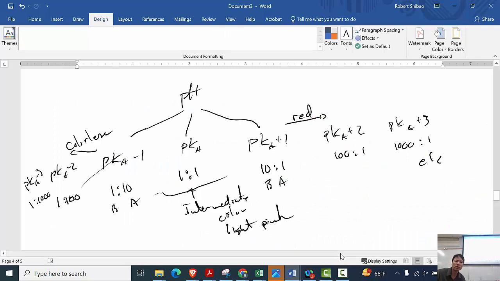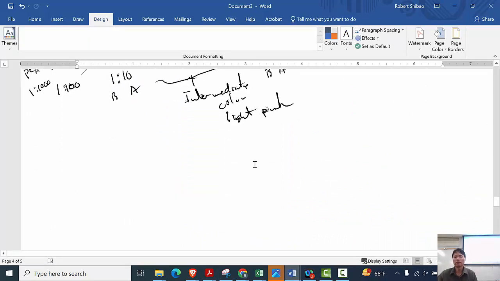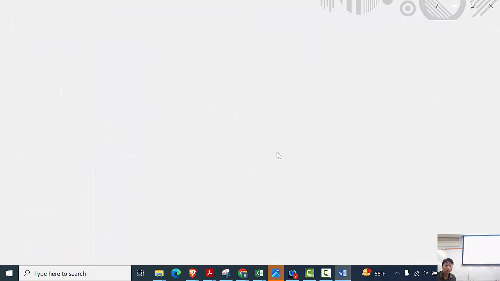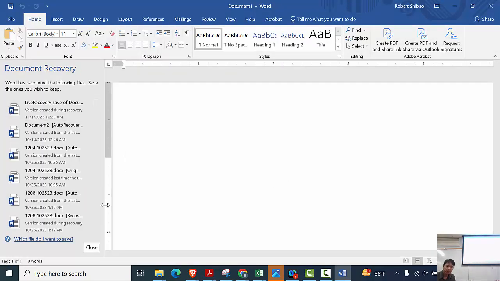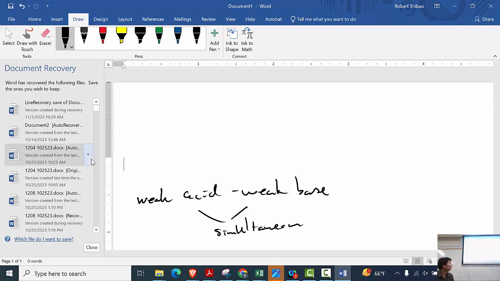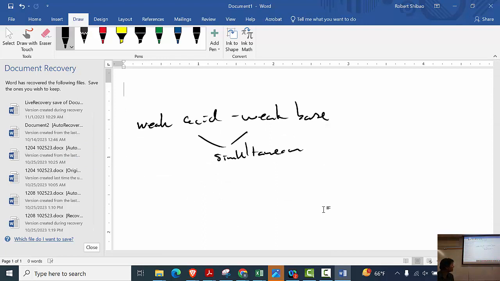Finally, we could have one more titration. And the last titration is going to be weak acid, weak base. Weak acid, weak base, we need to do this simultaneously. Let's look at an example of weak acid, weak base. So for example, if we did acetic acid plus sodium fluoride,